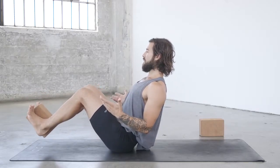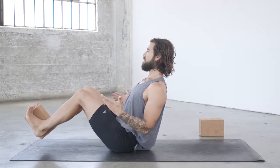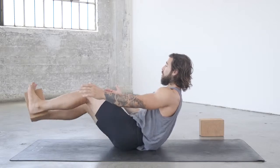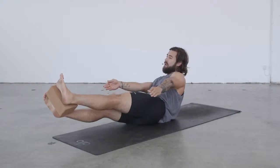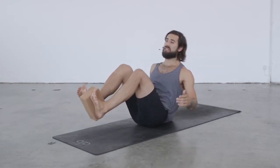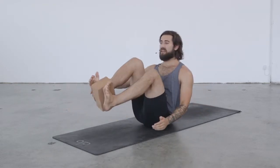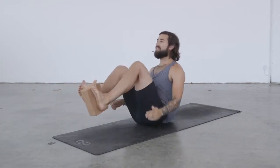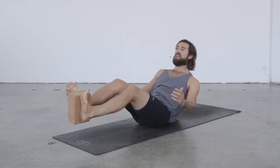Find your Navasana pose. Try and stay long in the low back as much as possible, but we're doing some cross-body movements. So you're going to roll onto the right hip, straighten the legs out, and then lift back up to the center, down, lift, to the left, down, lift, center, down, lift, right, down, lift, center, down, lift, left,